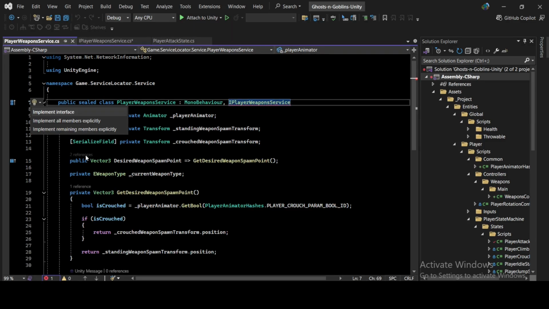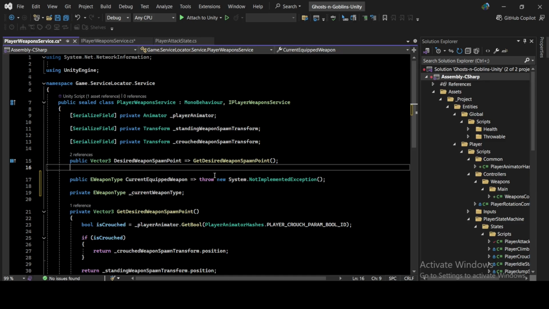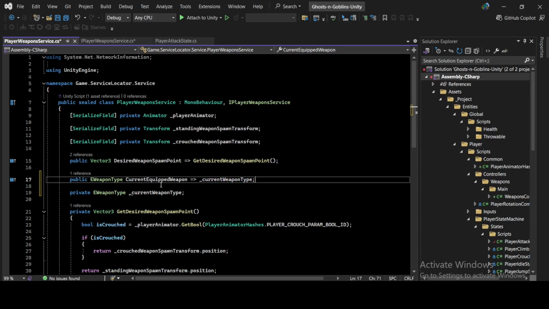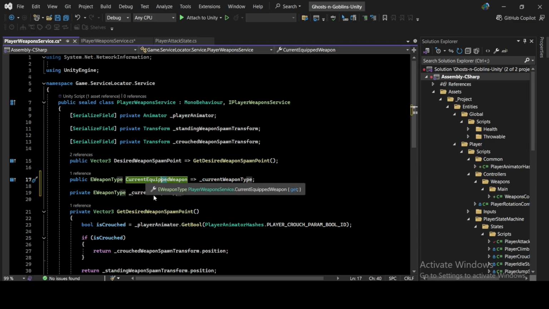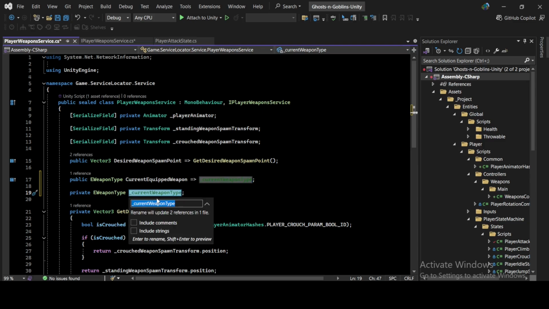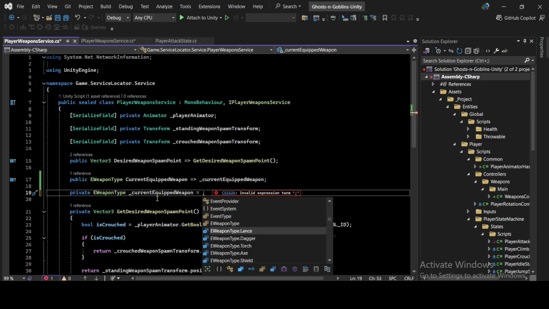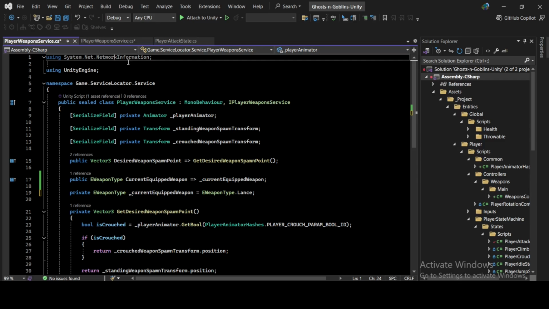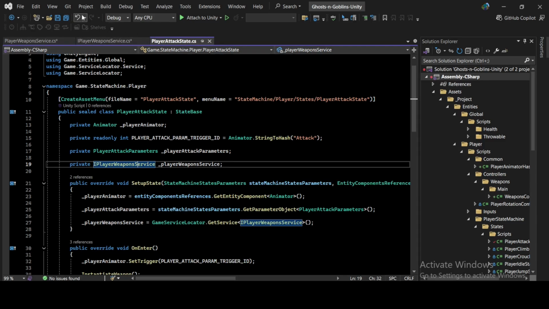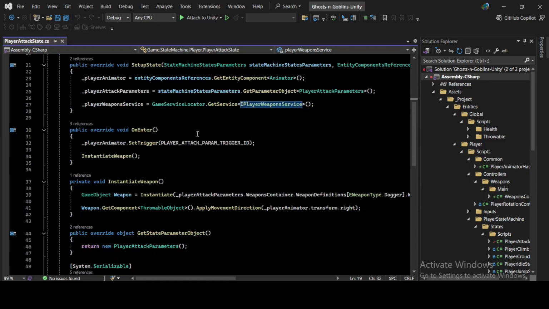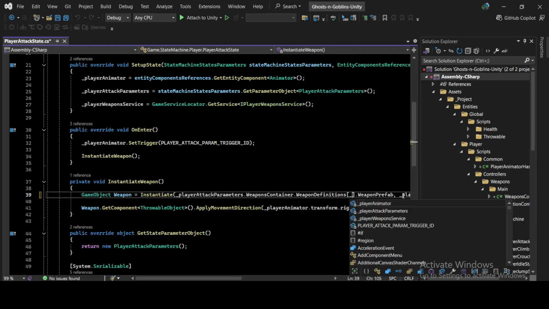So let me just set this one right here, current equipped weapon, return this. This will be actually current equipped weapon. And I'll set the default value to the length. Alright, so here we can close these tabs and get the weapon service,